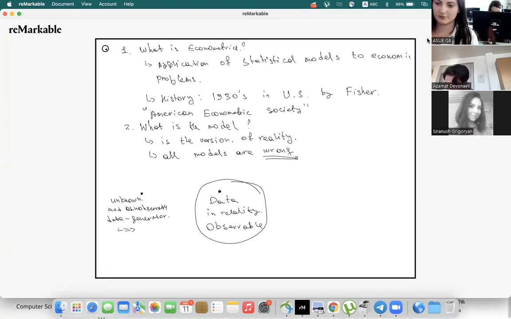It can equivalently be said to be nature. It's the thing that generates this data, and you do not observe it, because